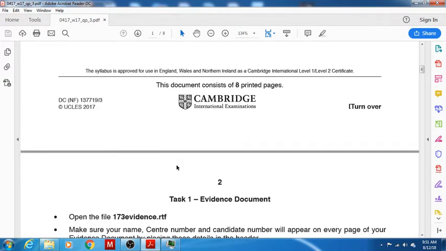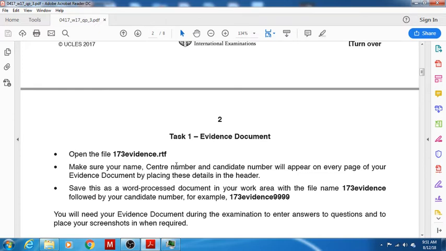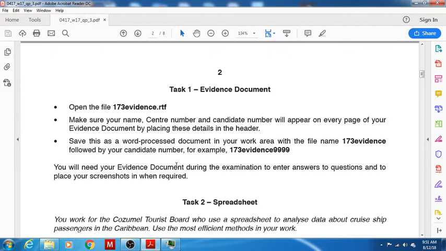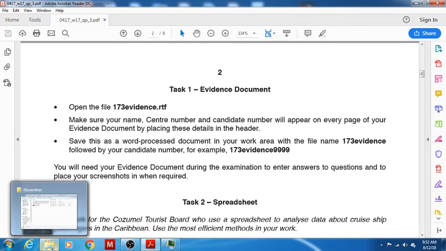So let us start. All the IGCSE papers usually start with the evidence document, which is really important. You have to take the printout at the end of the examination, where you save all the evidences or step-by-step process while doing the examination. So open the file 173evidence.rtf. RTF means rich text format. It's a generic file format. We usually get the files in generic file formats, and about RTF and generic file formats I'll be doing another video later. We have to open this from the source folder provided by